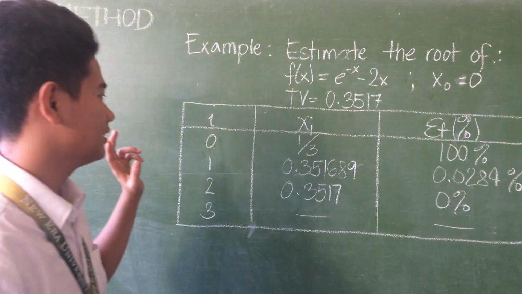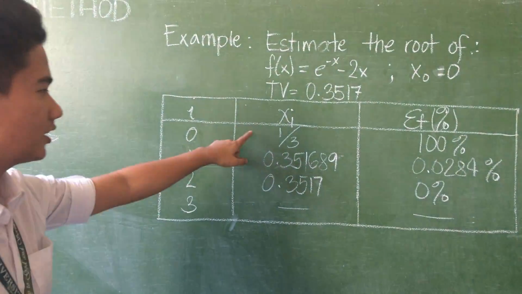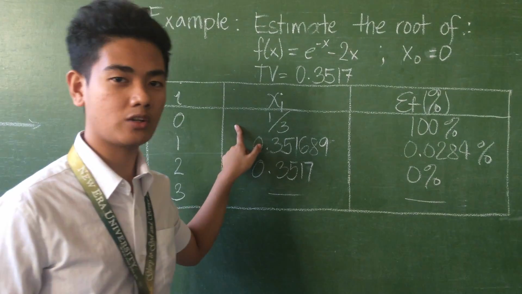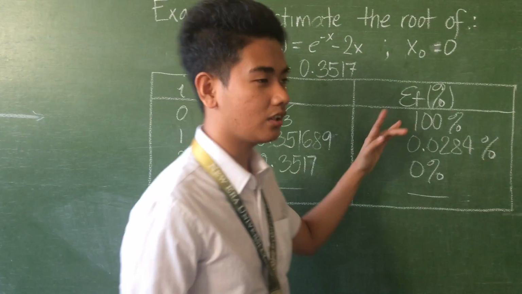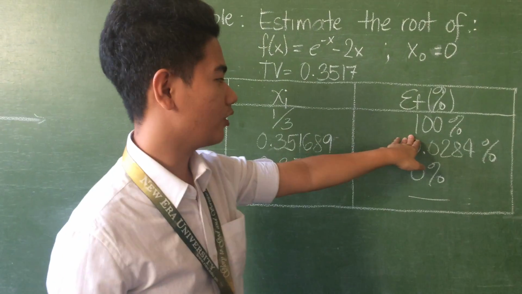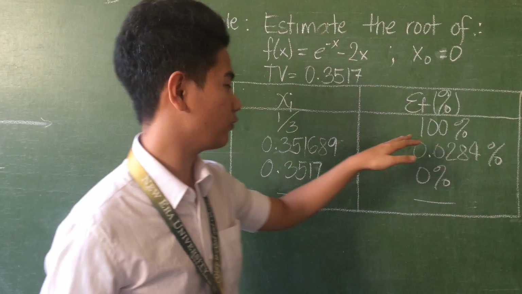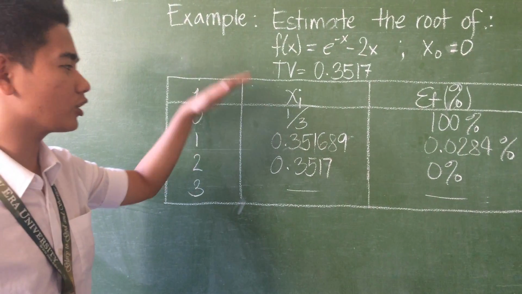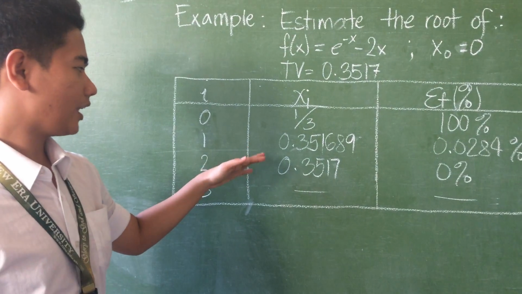Now, for our first iteration, if we substitute our initial guess in our formula, we will have an approximate root of 1/3. And if we get the relative error, the relative error is 100%. Now, our initial guess for the next iteration will be 1/3. And if we substitute the value, we will have